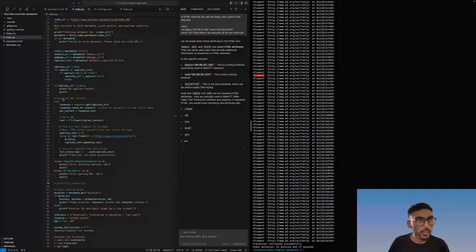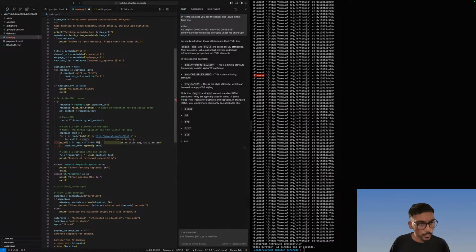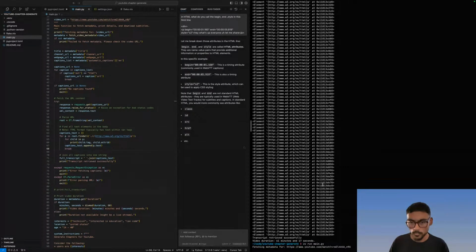Let's try something here, and let's do for child in P, get the tag and the attribute. And we don't need to do it for all of them. Let's just do it for one and see what this looks like.